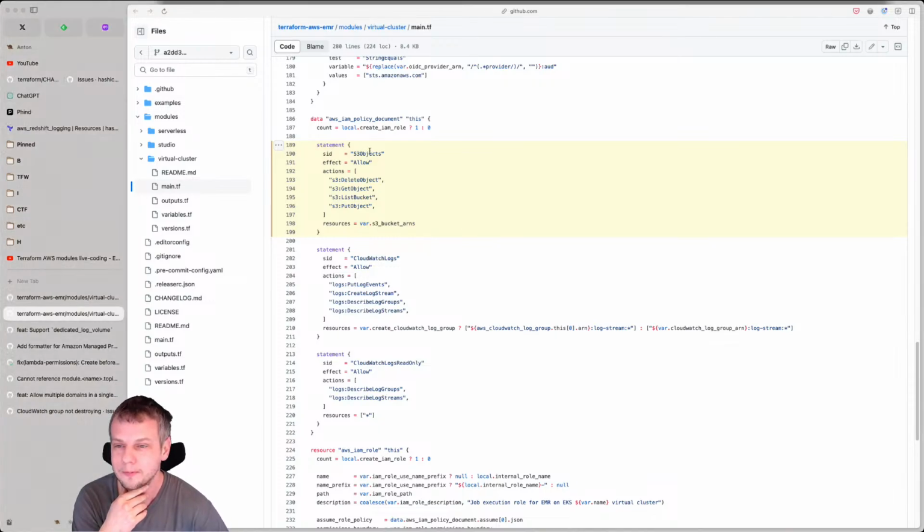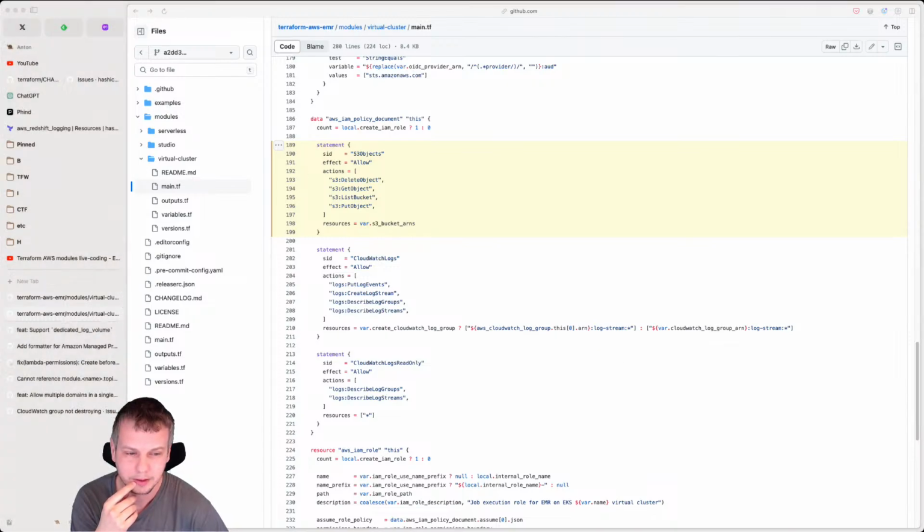Okay, so looking into this one, the problem is, I'm reading this email on the side. So the first, let's call him Adam. Adam says that he believes that it's too permissive.